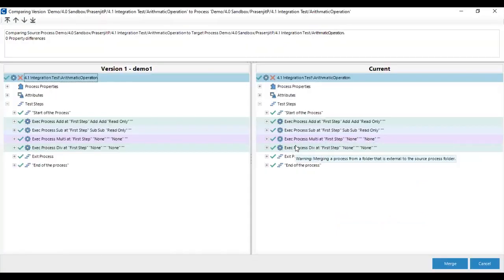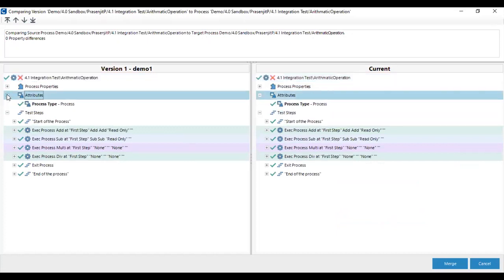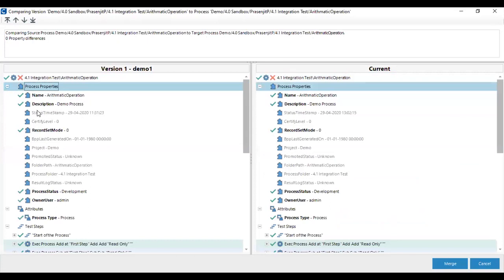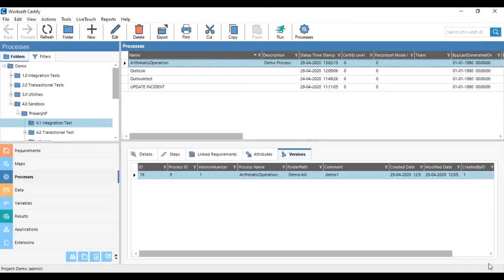All the steps exist, and in the attribute also, previously it was process, and after restore it has become a process again. And also in the process properties, the older description was demo process, and after restore the current description is also demo process. So, guys, this was the restoring process.